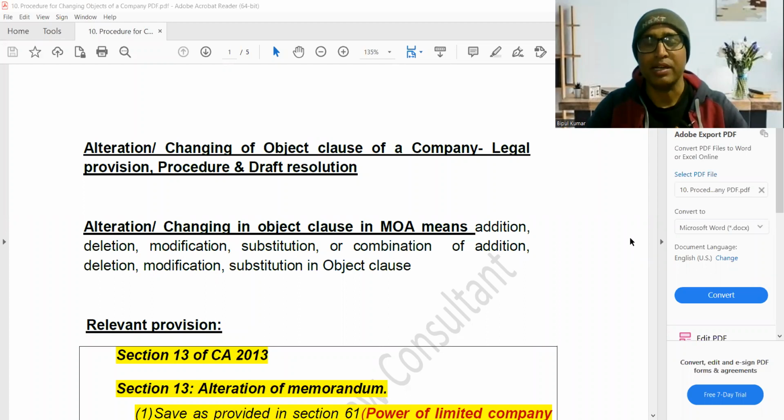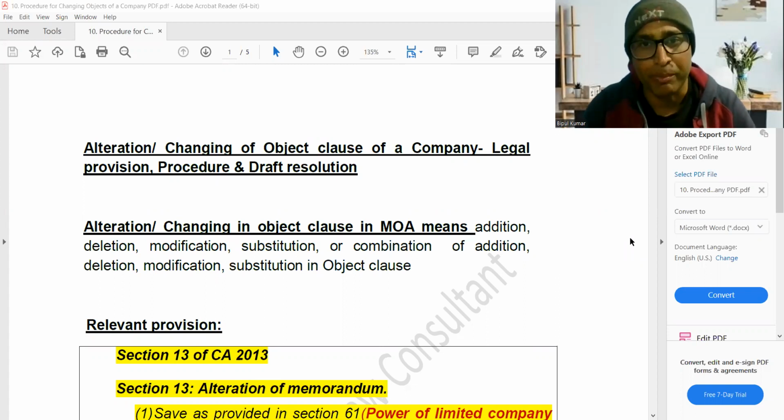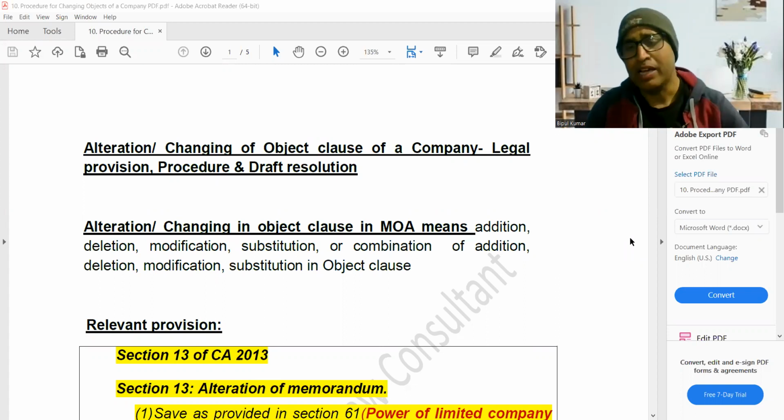Today we are discussing the procedure for the alteration or changing of the object clause of the memorandum of association of the company. Here we see what the legal provisions are, what the procedure is, and what the draft resolution language is. Dear friend, first we understand what the alteration or changing of the object clause is, and why